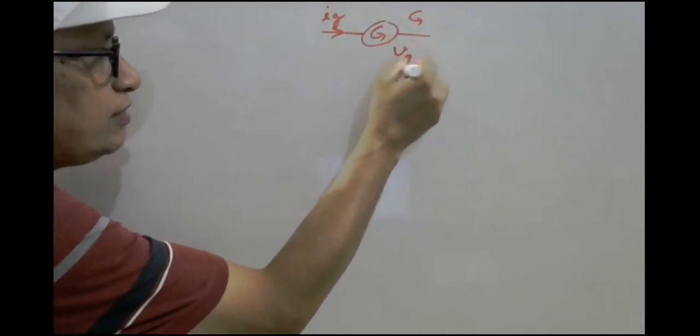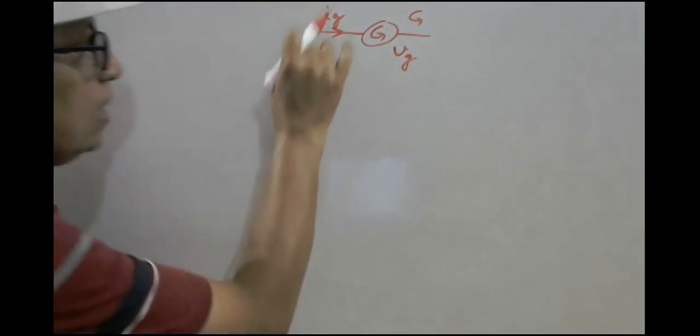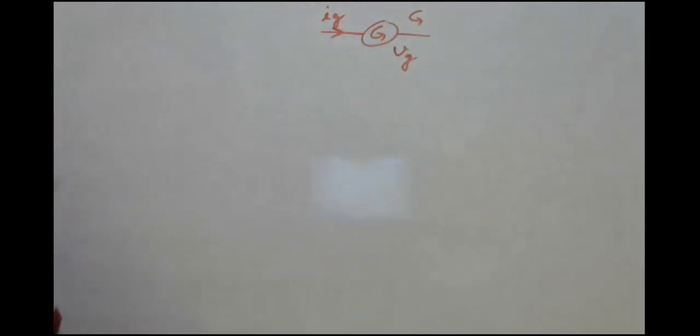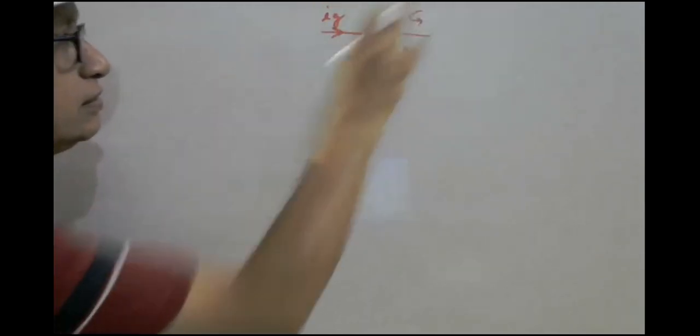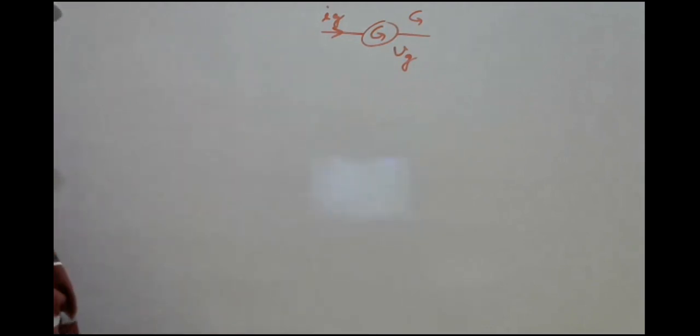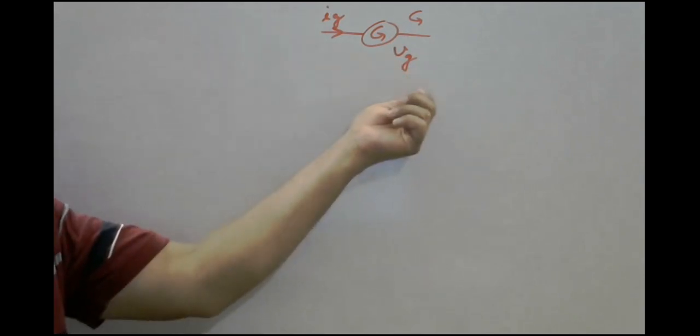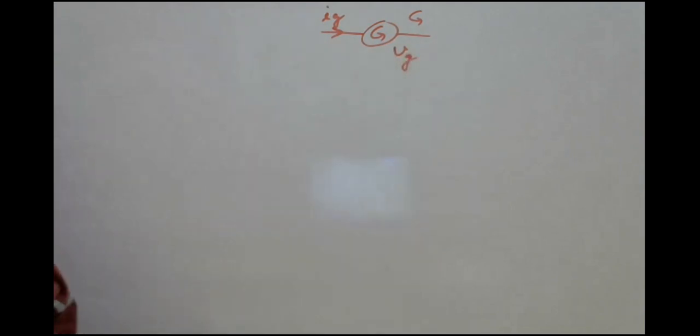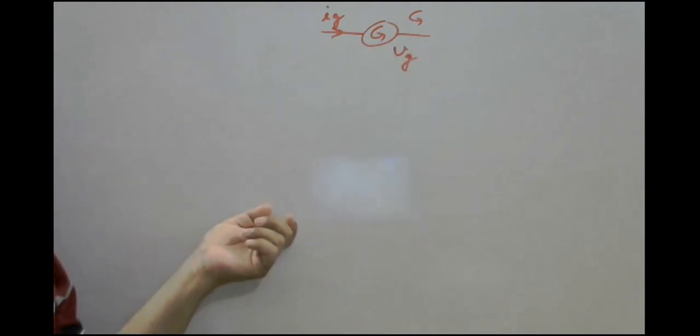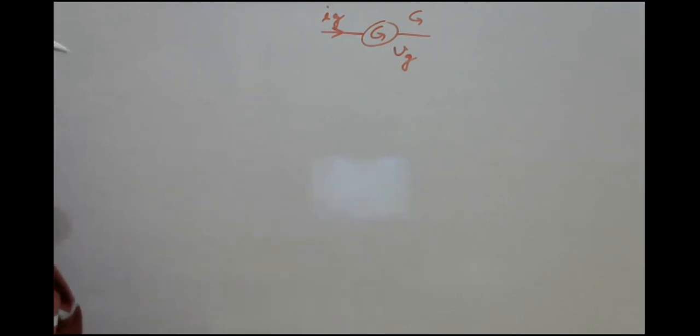And here Vg is the voltage across the coil, which is Ig into the resistance of the coil. So Vg is equal to Ig into G. As we know, the current is of the order of milliampere, microampere. If we give more current, say like 1 ampere, 10 ampere, 100 ampere, what will happen? It will burn out. Or if we give the voltage here, hardly millivolts. If we give 100 volt, 200 volt, 500 volt, it will definitely burn out.